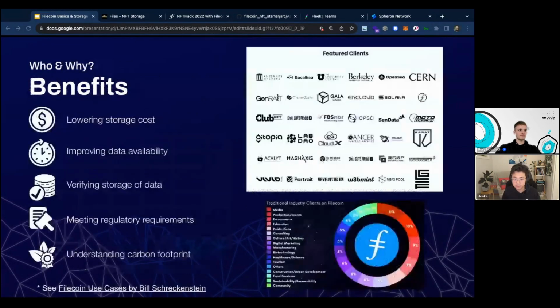There are some famous customers of ours. UC Berkeley stores their data on Filecoin. So does University of Utah and Internet Archive. If you have used the Wayback Machine, Internet Archive is the organization that keeps crawling the older internet, so you can see the older versions of websites. They are also storing their data on Filecoin, and CERN is storing their experimental data through the Atlas experiment, and CO